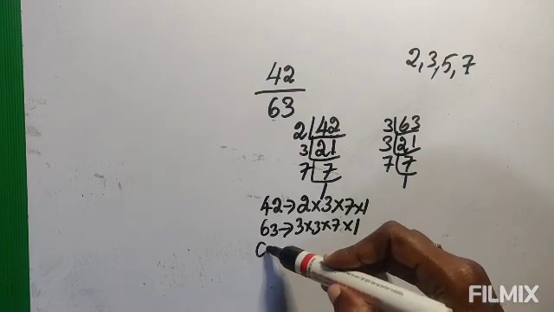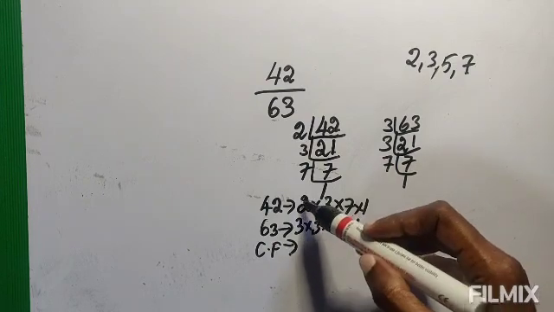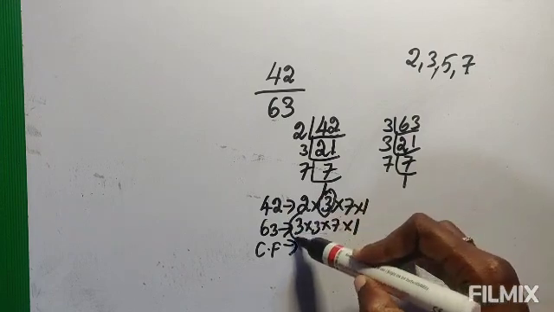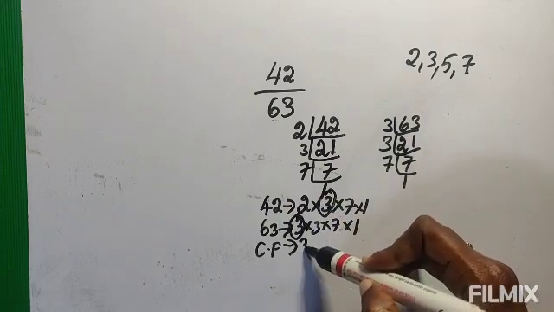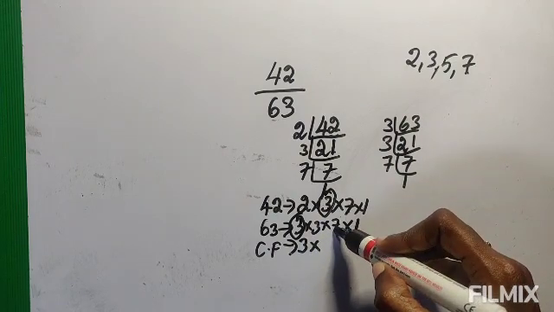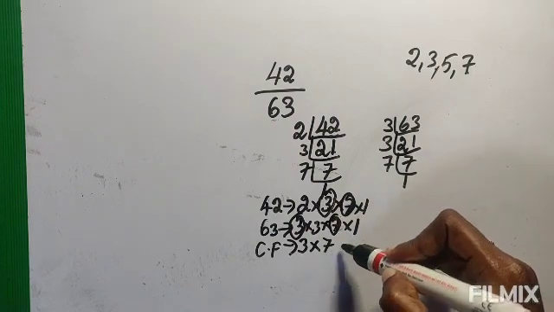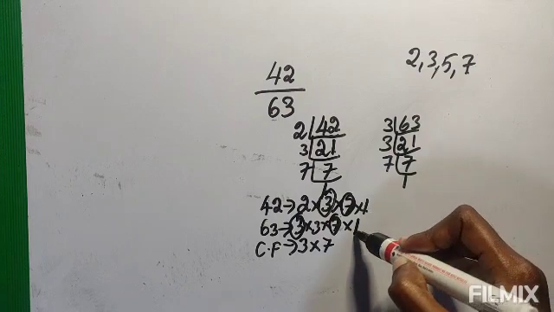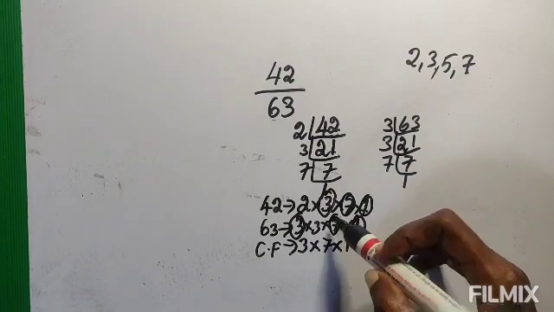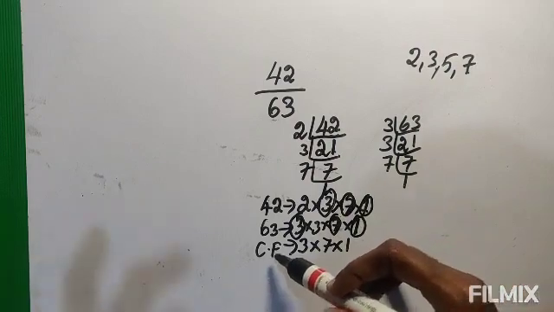Okay, so now the common factors. What are the common factors here? For this 2 there is no pair, so you cannot write 2 there. For this 3 there is 1 pair, so for this common 3, only 1 3 you will write here. Again multiply. For this 7 we have got another pair here, so for both the 7s we will write 1 7 here. Again for this 1 we have got 1 here, so commonly we will write only 1. This 2 has no pair, so we will leave it. Which are not having a pair, we will leave it.